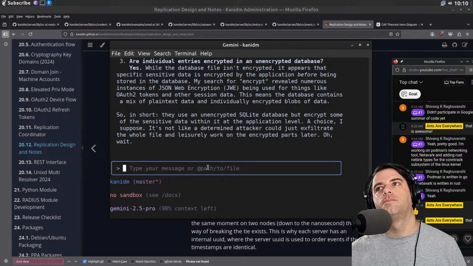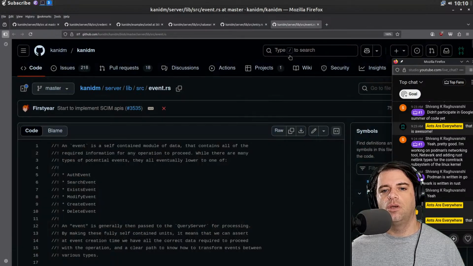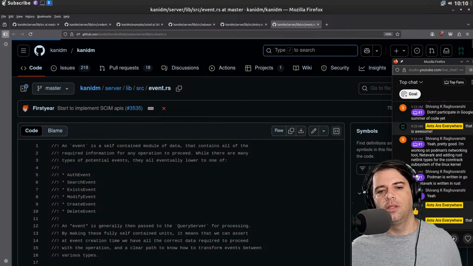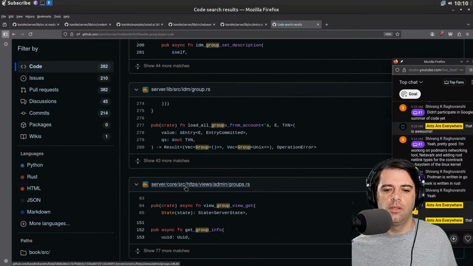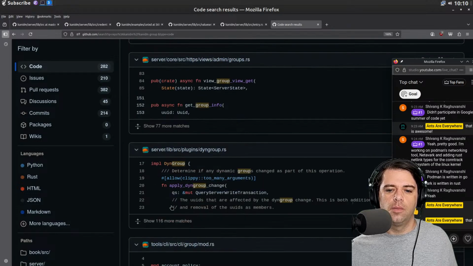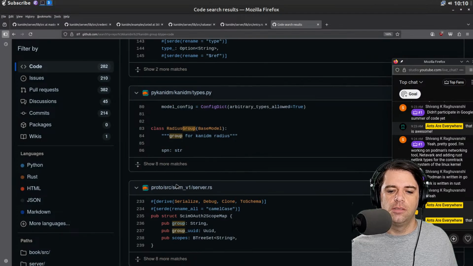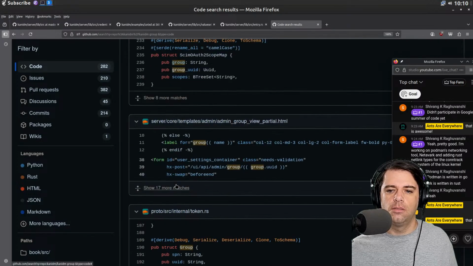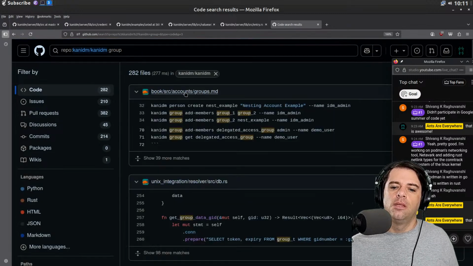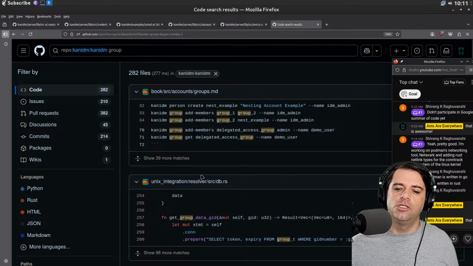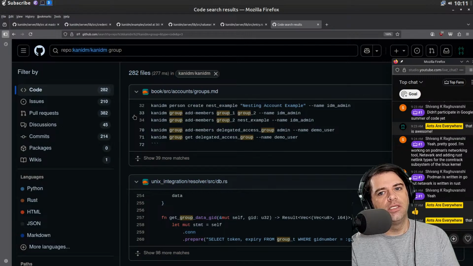All right. So what are the questions that I have about the code base? I feel like I saw most things. Maybe we'll take another look at group. Hello, group. Plugins, group, blah, blah, blah. Orca. I don't know what Orca is. I don't know. It doesn't want to return me the main group thing. What is this DB thing? Unix integration resolver. Okay. I think those were the main questions I had about consistency.